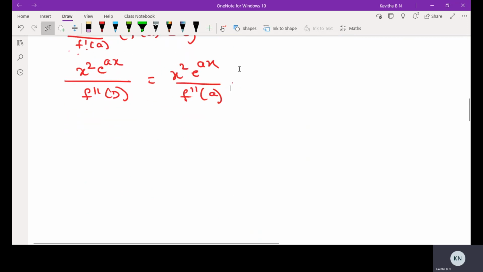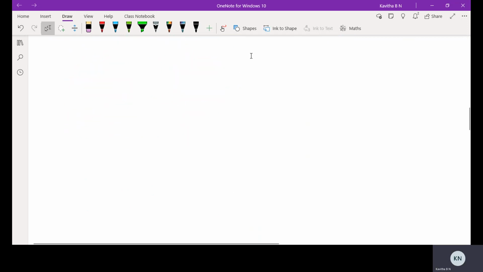Then next we will solve the problems. Take down the first one. Solve D square plus 3D plus 2 of y is equal to e to the power of x. We have to find the solution of this differential equation.